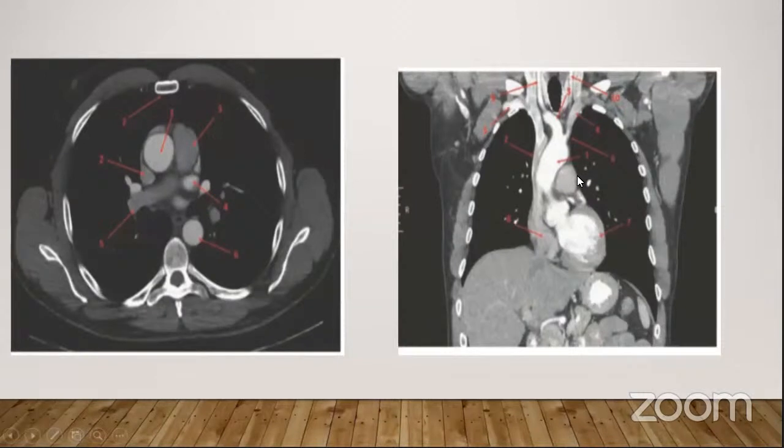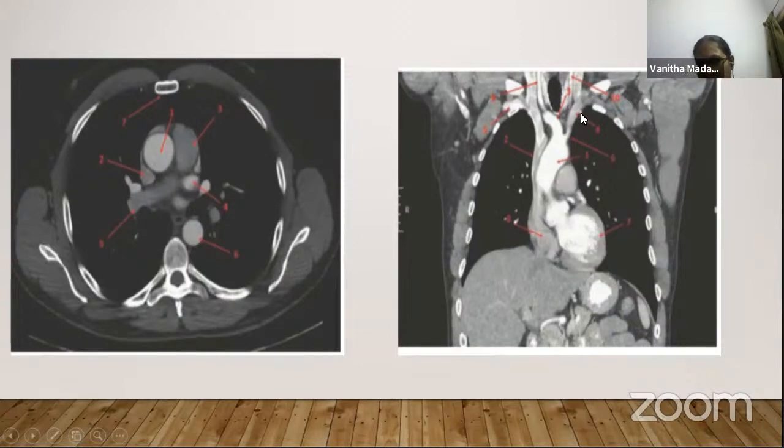Next one. And this is a coronal section of CT, sir. Number 1 is aorta, sir. Arch of the aorta. Number 2 is superior vena cava. And number 3 is arch of the aorta dividing into right common carotid, sir. And number 6 is left common carotid. And number 4 is